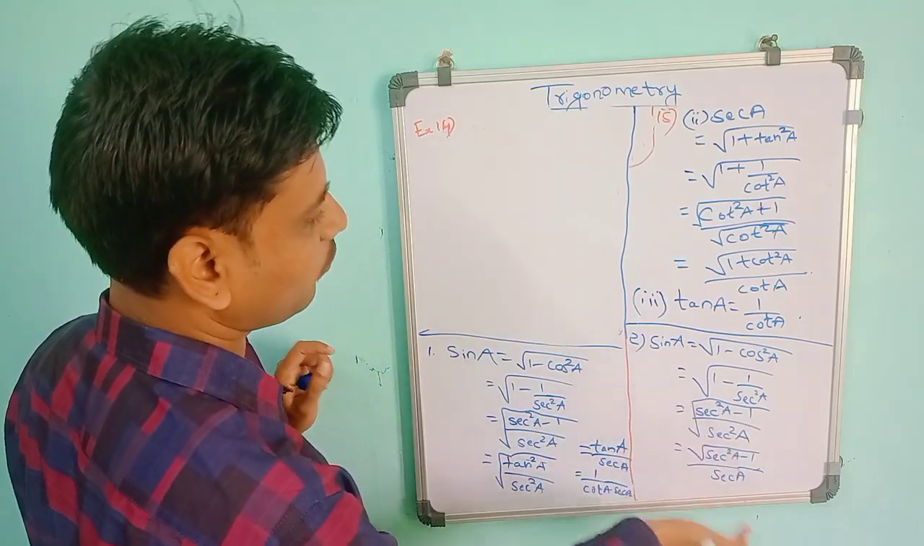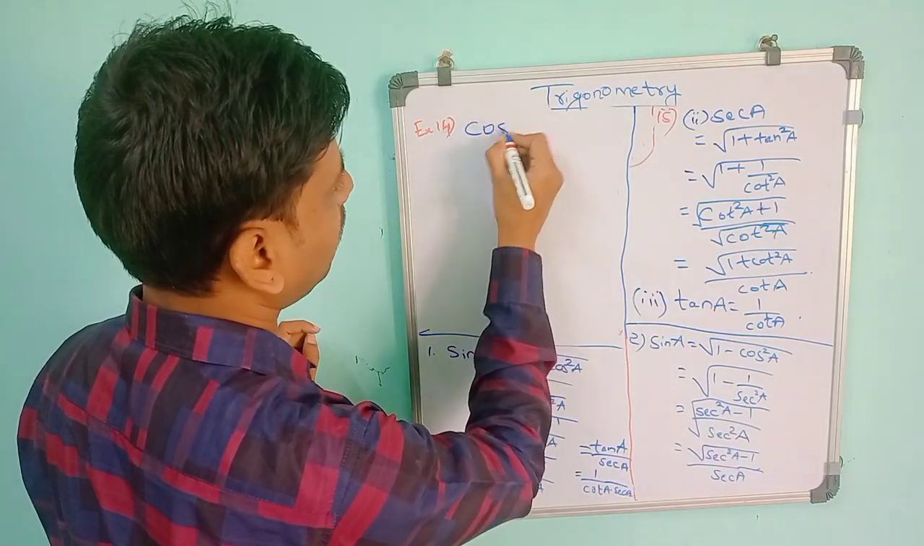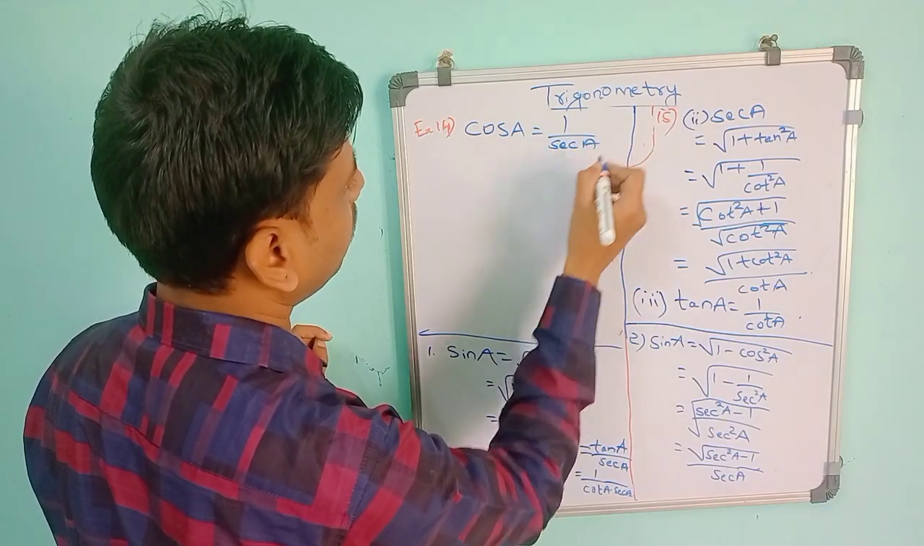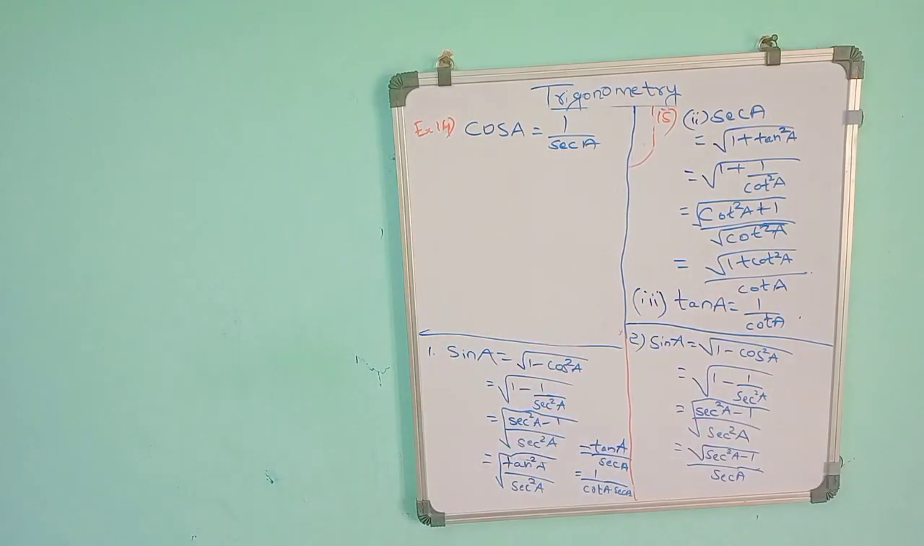So first, sin is over. Next, cos a. So cos a in terms of sec a means directly you can write 1 by sec a. So it is easy only. Then